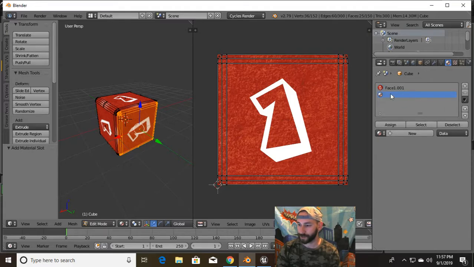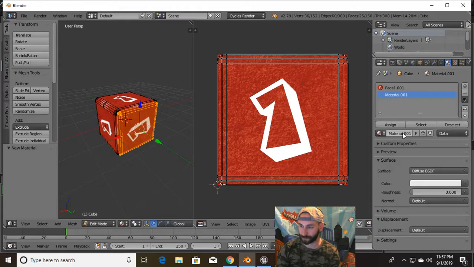So we're going to make a new material now. We're going to add it, and we're going to call this one face 2. What we need to do now, so I have this dice here that I'm using to model my dice after. So I'm going to stick to the format that they have. So they have